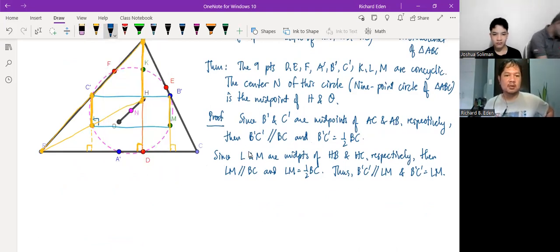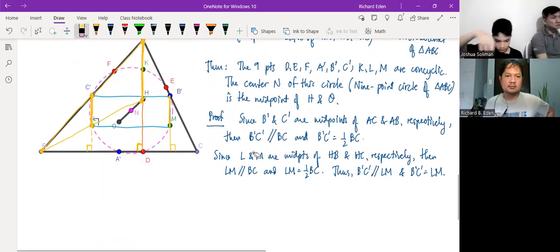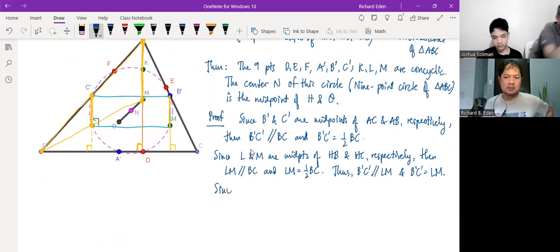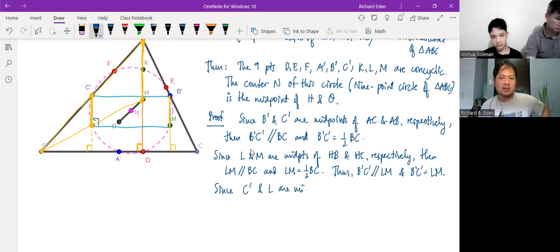In reference to triangle ABH, since C prime and L are midpoints of AB and HB respectively,